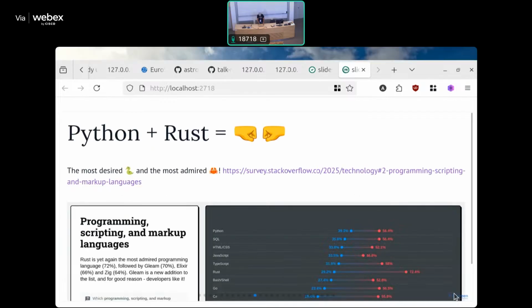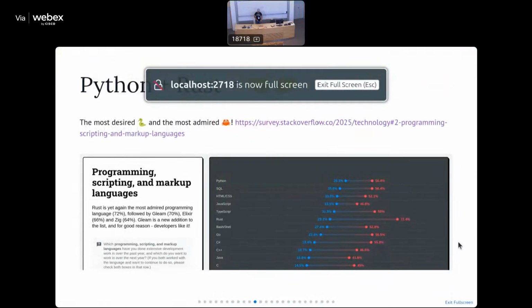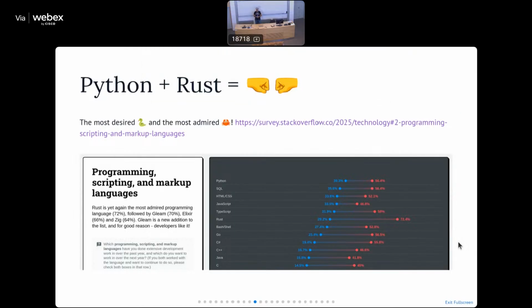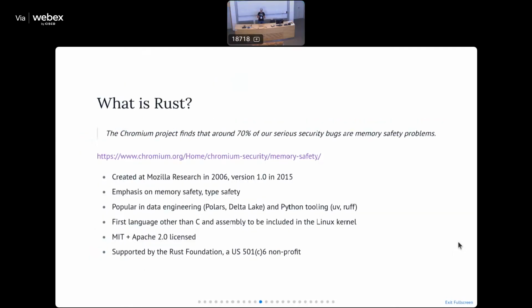There we go. So it's funny because in the past couple of Stack Overflow surveys, the last one published a few days ago in 2025, and the one last year, Python and Rust have been respectively the most desired language and the most admired language, which I think is really interesting, and it makes them a perfect couple to combine. But first of all, what is Rust exactly? In case you haven't been exposed to it yet,